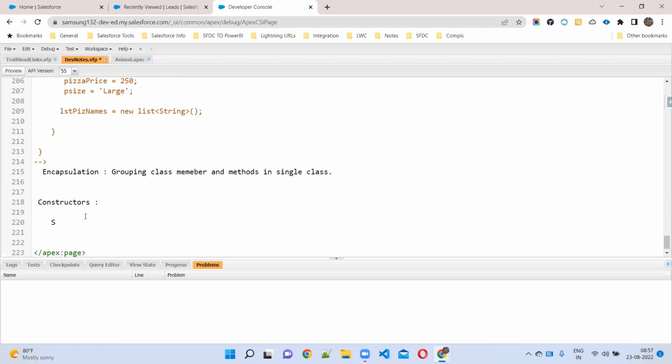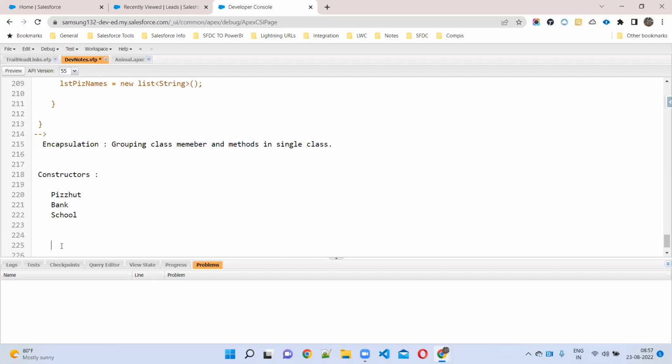Create a class named Pizza Hut, you can create the same class also, fine. And create one more class called Bank, and one more class called School. In these three classes you have to create constructors with parameters and without parameters, sir. Understand?